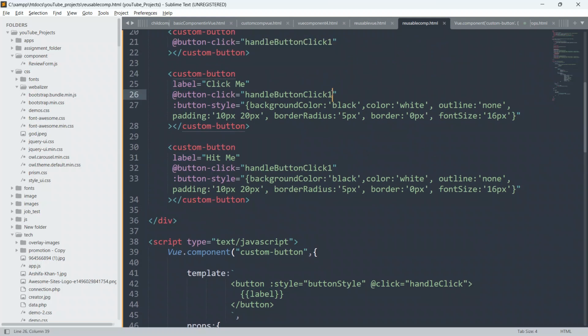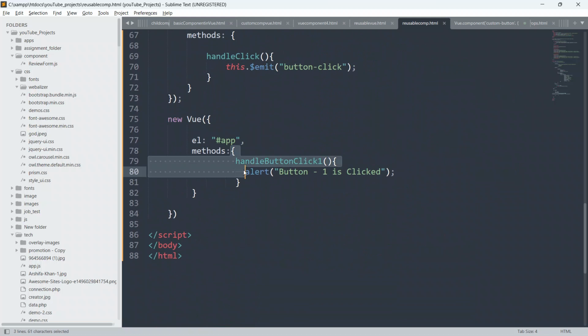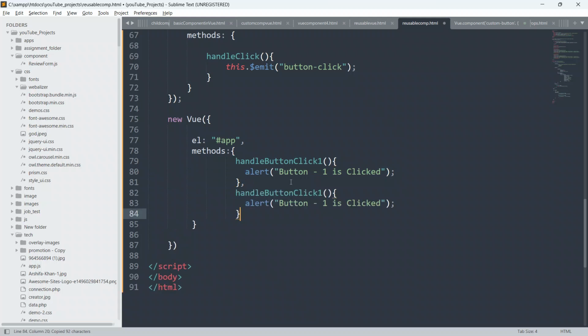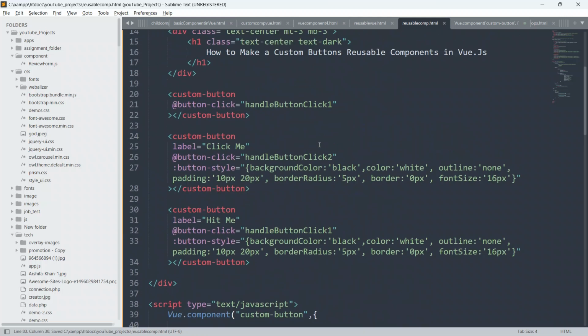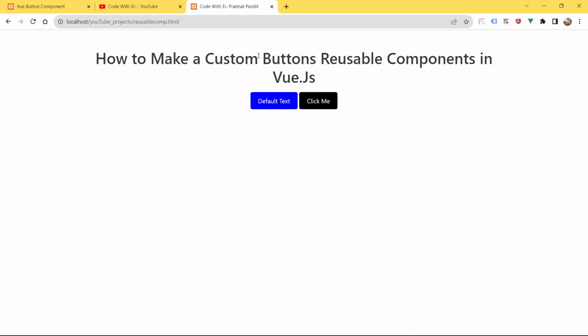So we have to define the click event also. So give the function name or method name as handleButtonClick2. So we have to define that also. So just copy this from here, and just put comma and paste here, and say button 2, and say button 2 here also, and as of now just comment this. So now save your code, go to the browser and refresh the page first, and click the second button. See, boom guys, button 2 is clicked. Each and everything is working fine.